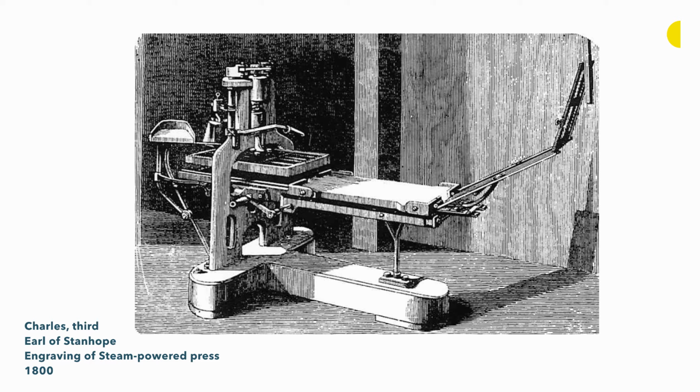Steam-powered presses, the mechanization of paper, and the invention of machines to compose type led to the expansion of book publishing and a surge in the production of periodicals and illustrated weeklies. The printing process that had remained virtually unchanged since Gutenberg's printing of the 42-line Bible was radically altered in the 19th century. Here's an engraved illustration depicting the printing press of all iron parts, invented in England by Charles III,